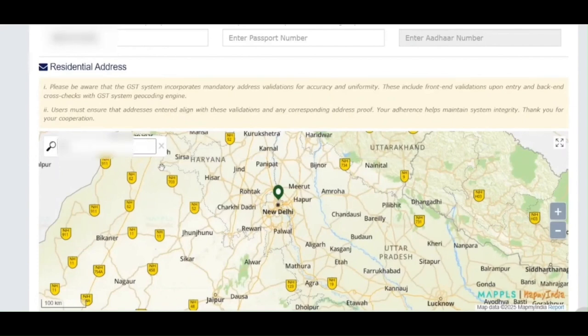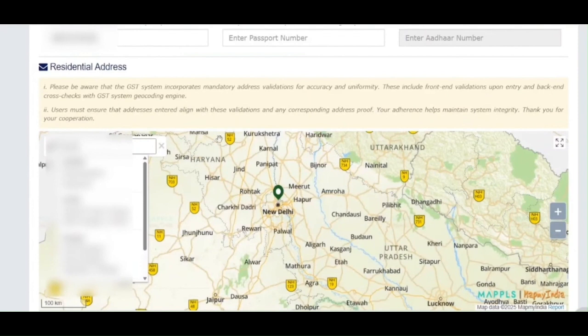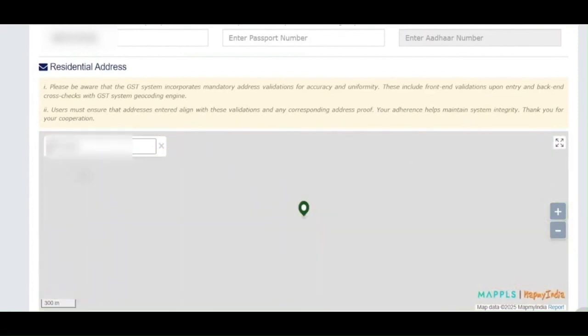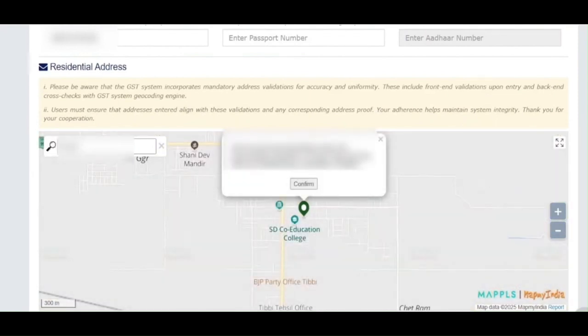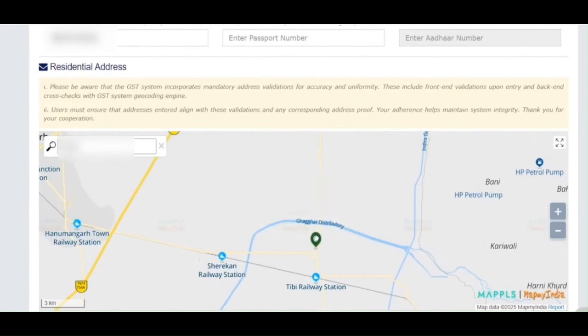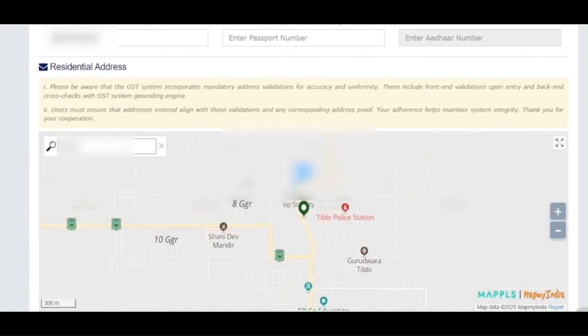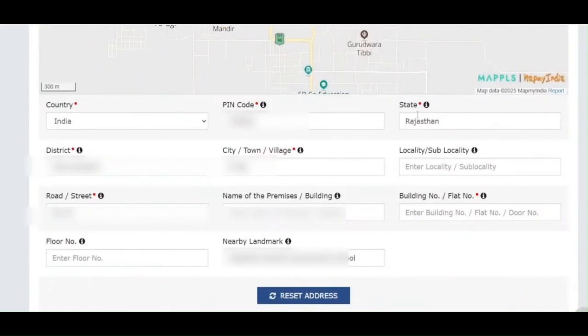Write the details of it, you will get it exactly. Then after confirming it like this, you can confirm it by moving the app, and then you will get all the details. You have to fill in the other details, that is the locality, building number, then the flat floor number, all, and